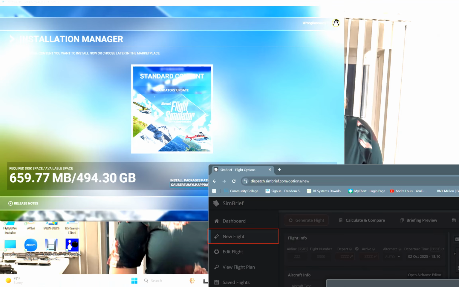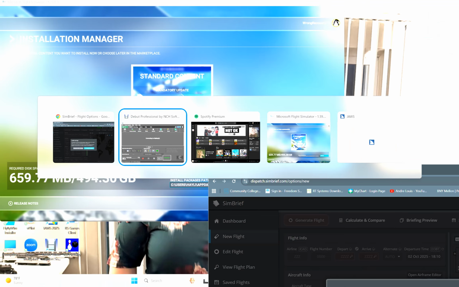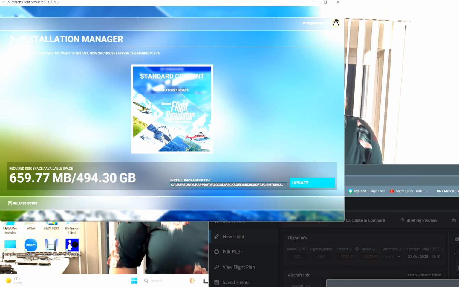Installation Manager. Select additional content you want to install now or choose later in the marketplace. One pack available. Pack 1 standard content. Mandatory update. Selected. Can't be deselected. Required disk space 659.77 MB. Available disk space 494.30 GB. Install packages. So once it starts talking, there's not much you can do till it finishes. So since it wants to update standard content,